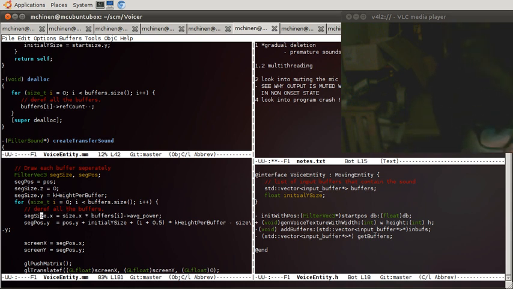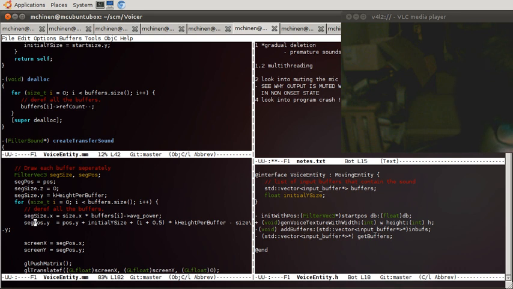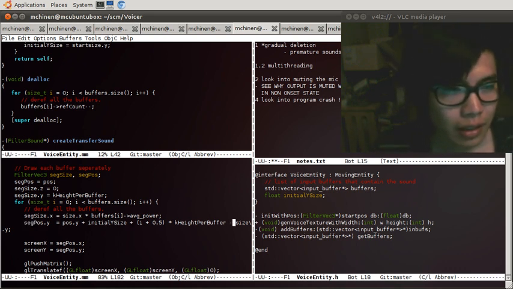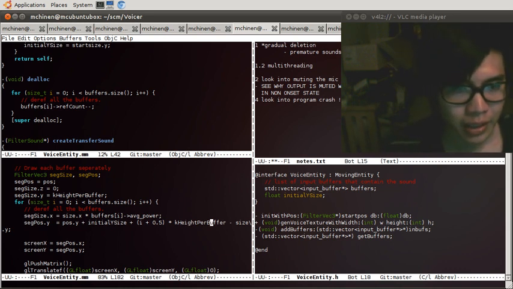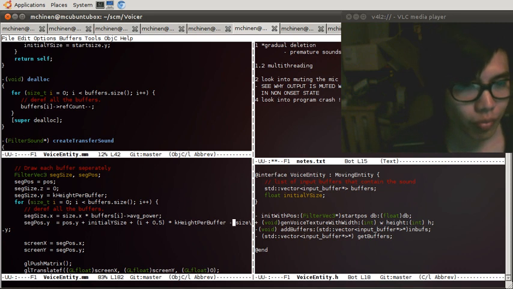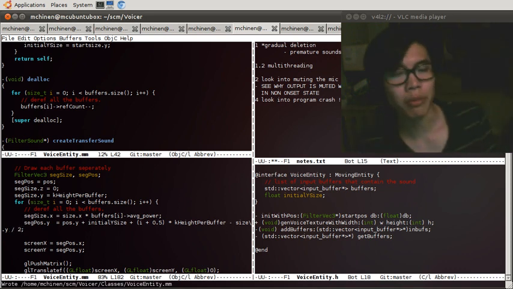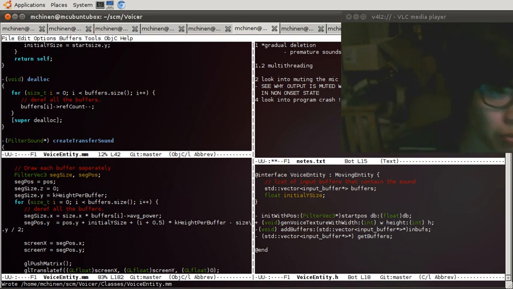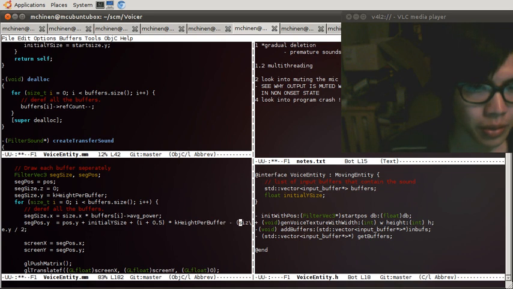Yeah, well, there's something obviously wrong with this drawing method. Hopefully we're not modifying size and position directly. I don't think we are, but I have to double check. Yeah, size.y needs to be divided by 2.